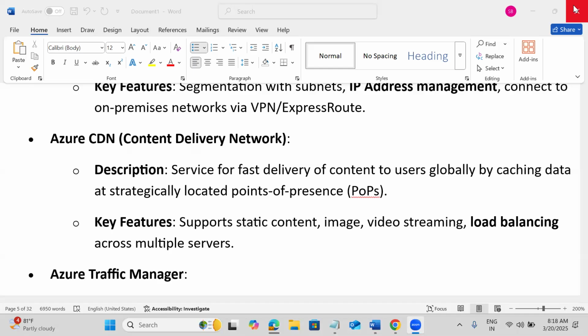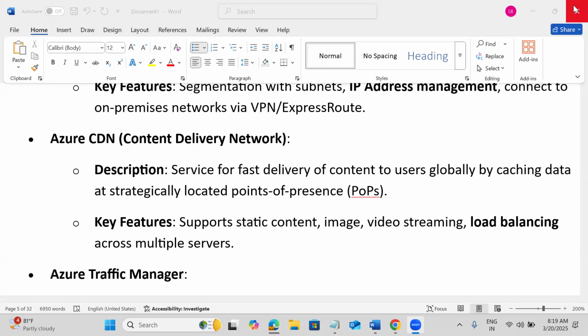But compared to Azure, AWS has more than 450 edge locations. Those may also be called points of presence. Edge location is not a region. It's one small data center. A region is a very big data center. An edge location is a small data center that will just cache all the data.